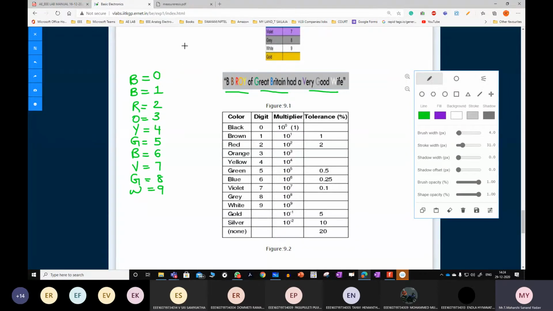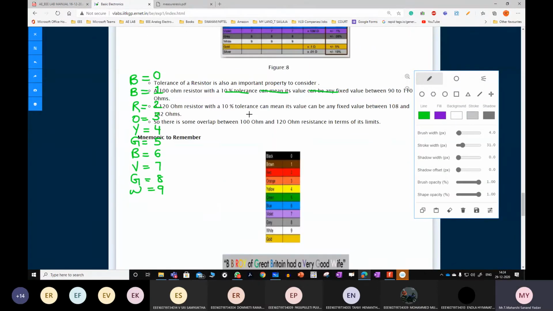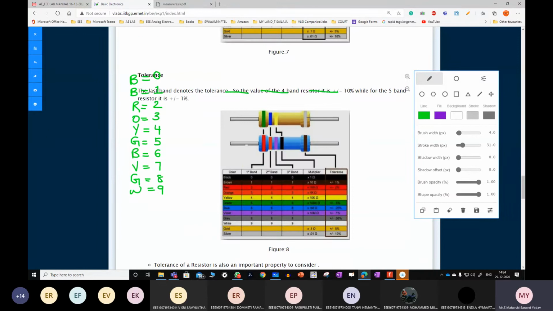Next, in this also there are certain kinds of bands, like 4-band resistor, 3-band resistor. Categories are there. Let me show. This is nothing but a band. See here 1, this is 2, 3. Here the last value stands for tolerance. Okay, so this is a 3-band resistor. Whereas here you can observe 1, 2, 3, 4. This is a 4-band.